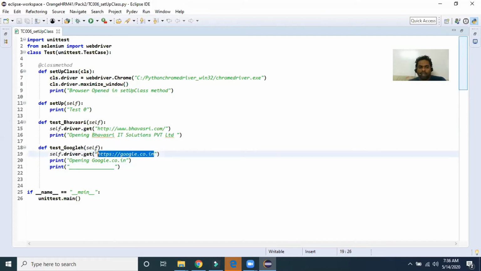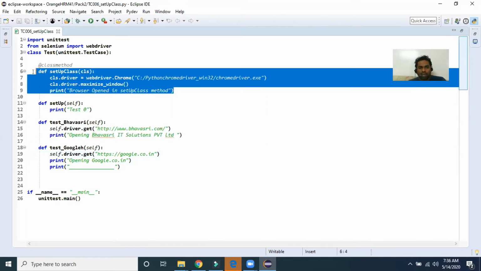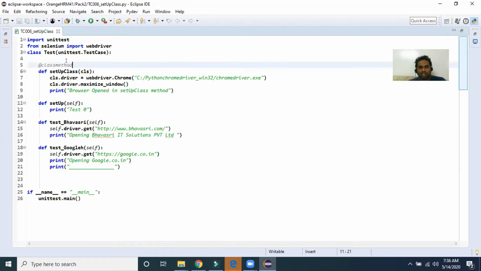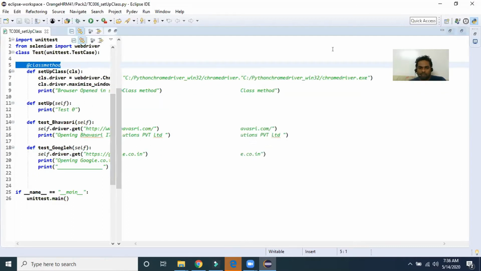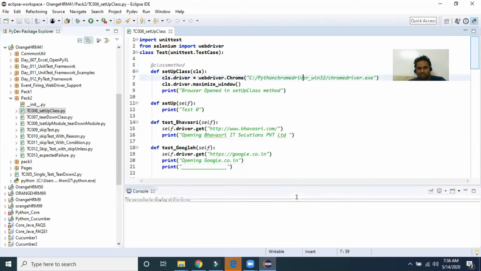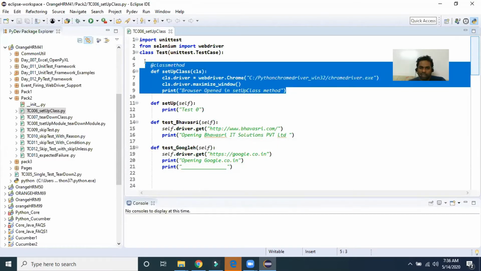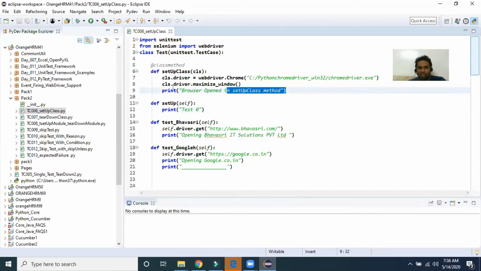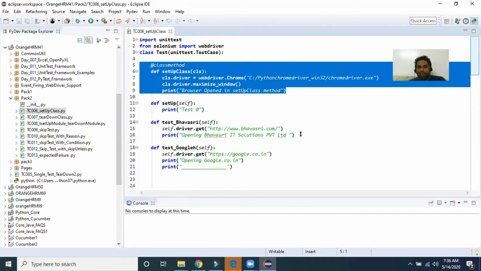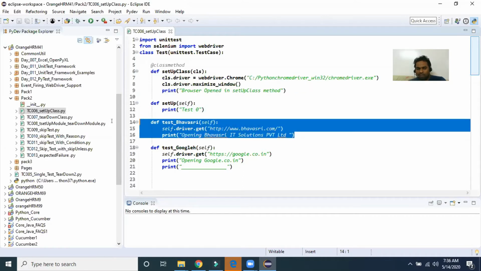Previously, this was happening in different sessions. These programs were executing for every test, but here I'm creating a global session by writing @classmethod. Let's see this program and we will understand. The first method, setUpClass, will be executed only once, in the beginning, and for every test the setup method will be executed before executing our test. Let's see the program execution and understand the execution progress.